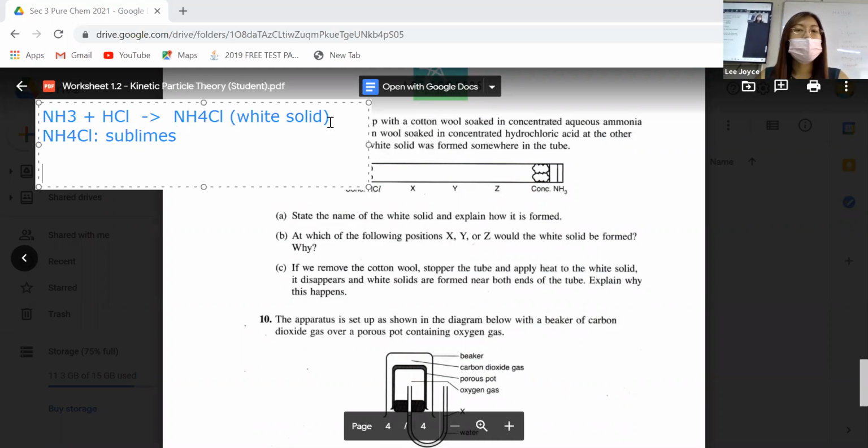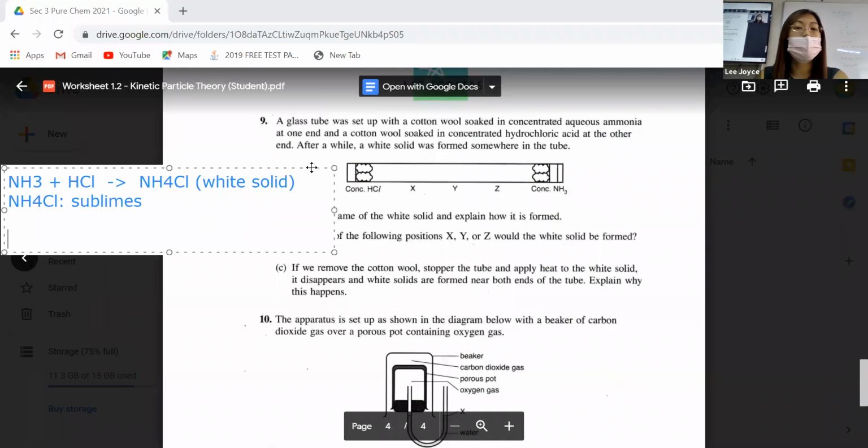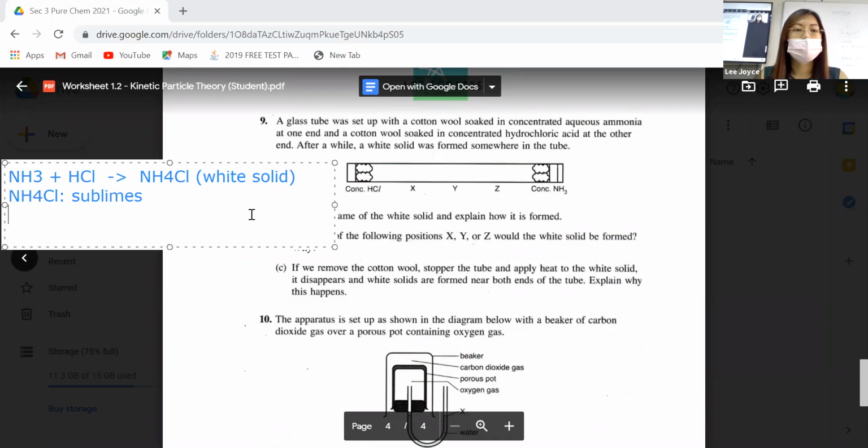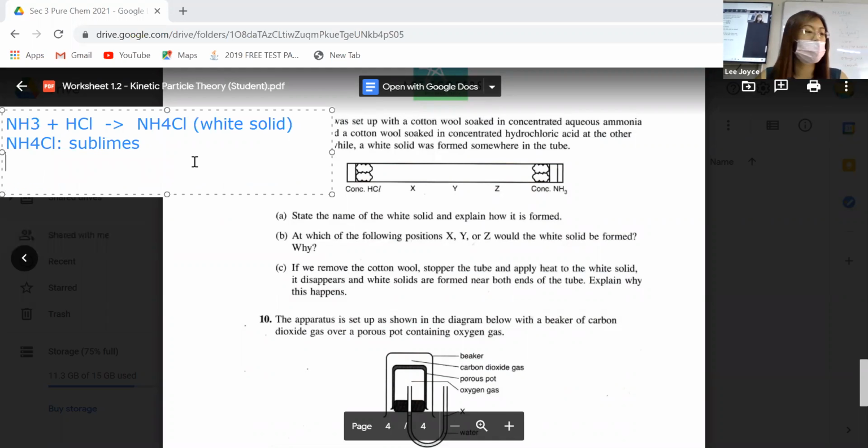Now that is the chemical reaction for this compound between the aqueous ammonia and the concentrated hydrochloric acid. And that also explained in part A how it is formed. So it is formed when the ammonia reacts with the hydrochloric acid to form the ammonium chloride. So in part B,